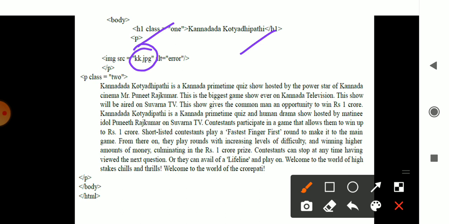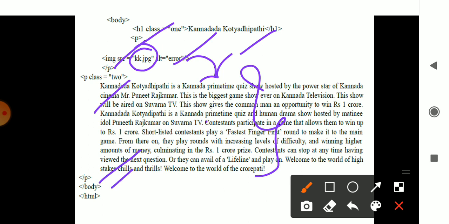You can download and use that particular image here as the source, and if there is any image problem, it will print the error on the screen. Then the paragraph closes. And the P2 class has this whole text. As we said, over this text you have an image which is floating and moves to the right side. Then paragraph close, body close, HTML close.